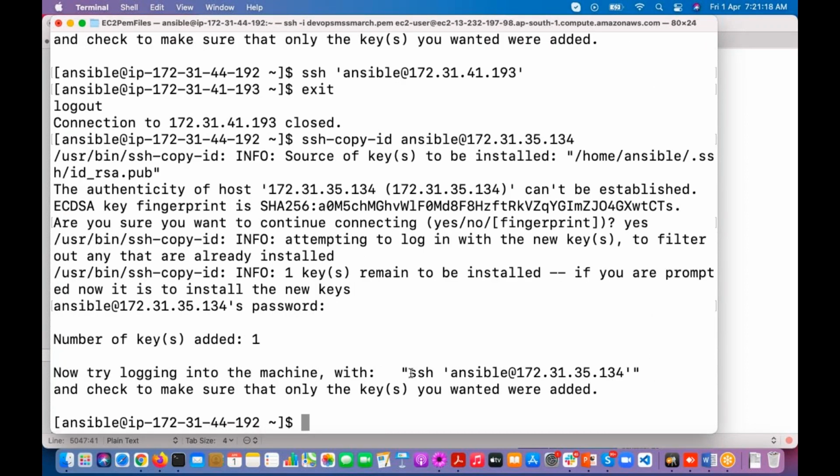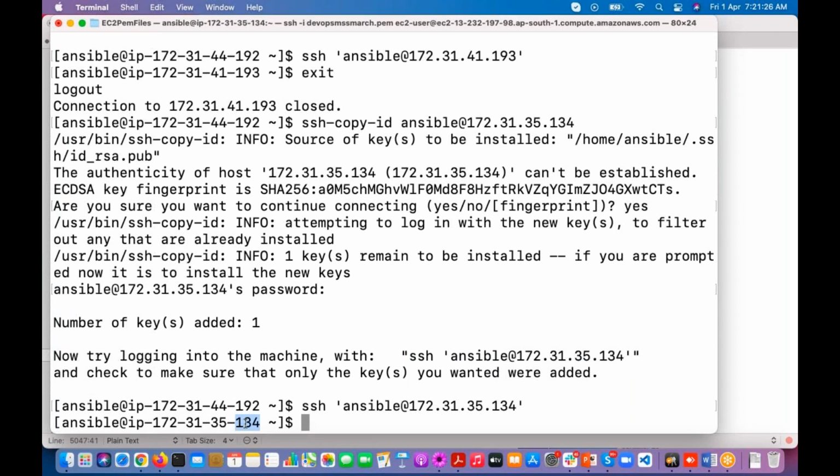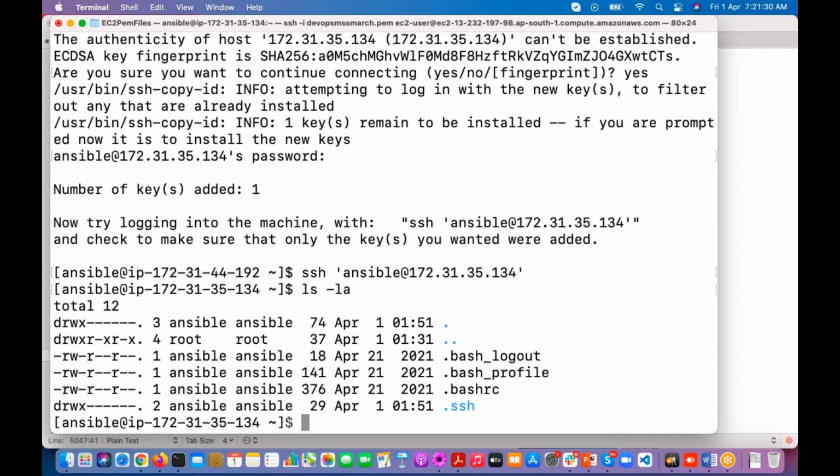So if you connect to the server, see, we have connected to the server. Just type ls -la. So where is it going to copy? In that .ssh directory.